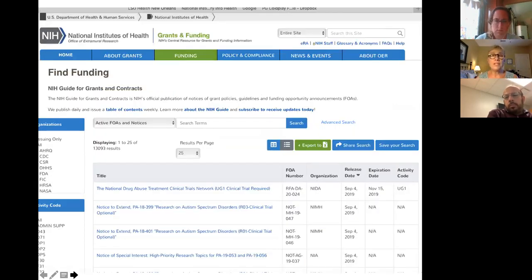So there's many ways to go about this, but I think many of you have an idea of what kind of grant you want to apply for. So going to the NIH guide and either searching it by search term based on what you do research on, or possibly what level of grant you want. And those are over here. You can now select an institute and a funding mechanism, or just the funding mechanism, and pull up